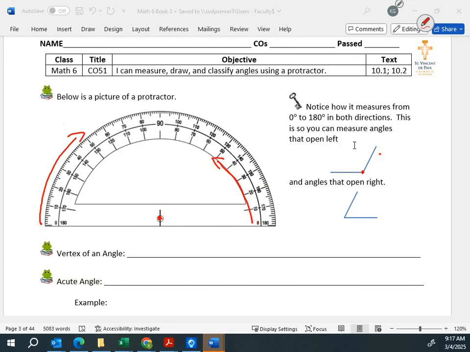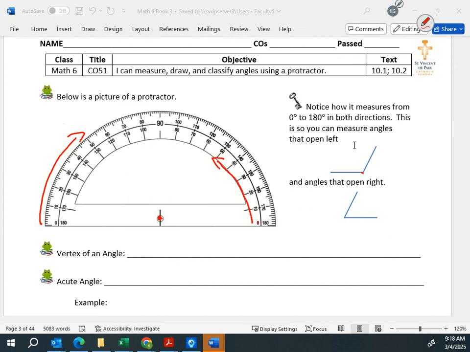So we don't want to match up that angle and then put our protractor like that and say, well, I had my circle in the middle of the protractor, because it's not really right. That straight line doesn't match up with this straight line. You have to match them up so the line goes with the line. So if we look at this first one,